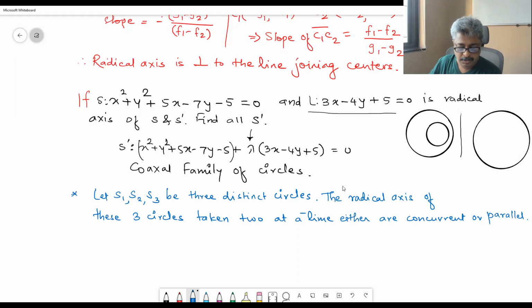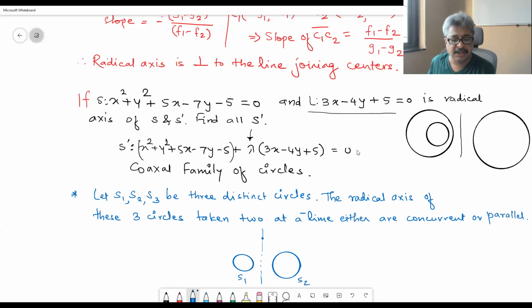This is a theorem, maybe easy to prove. So prove it: why are the three distinct circles, taken anywhere, their radical axes concurrent? As far as this concurrency is concerned, if we take two, S1 and S2, then the power of every point on the radical axis, let me call this radical axis R12, every point will have the same power with respect to S1 and S2. That means the length of the tangent from any point you draw to these circles will be the same. Now S2 and S3, if you do,